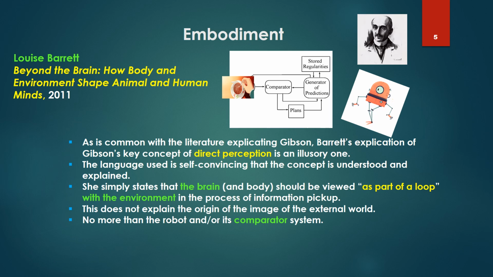Again, we have a loop in that comparator system where we take a snapshot of the external world, run it through a prediction generator, store irregularities, project another possible state, check it, act upon it, etc. We're in a loop. But a robot can be put in the same loop. And yet, we now have to allow that the robot is seeing the cup just because it's in this action loop.